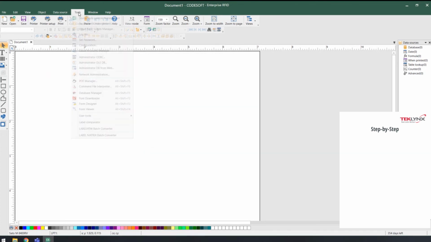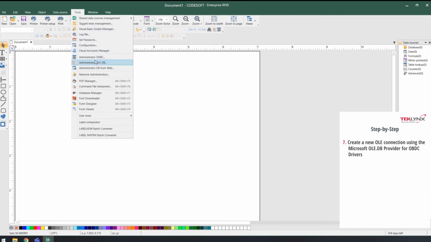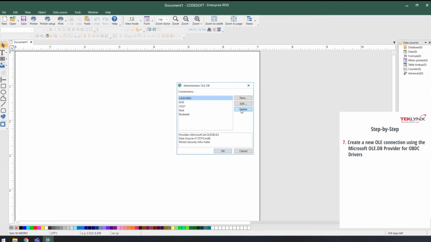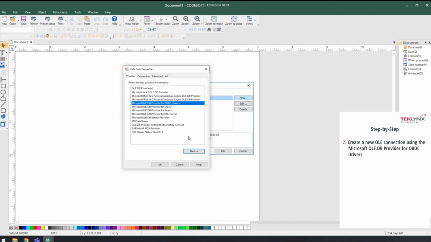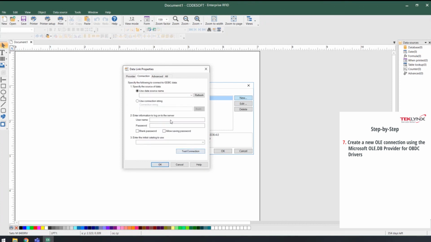After you've created your ODBC data source, you could call it quits and simply create that connection on a label, but I like to create an OLE to ODBC connection in an effort to make it easier to use for the people who need to print the labels. The OLE connection allows you to store the name and password within it.